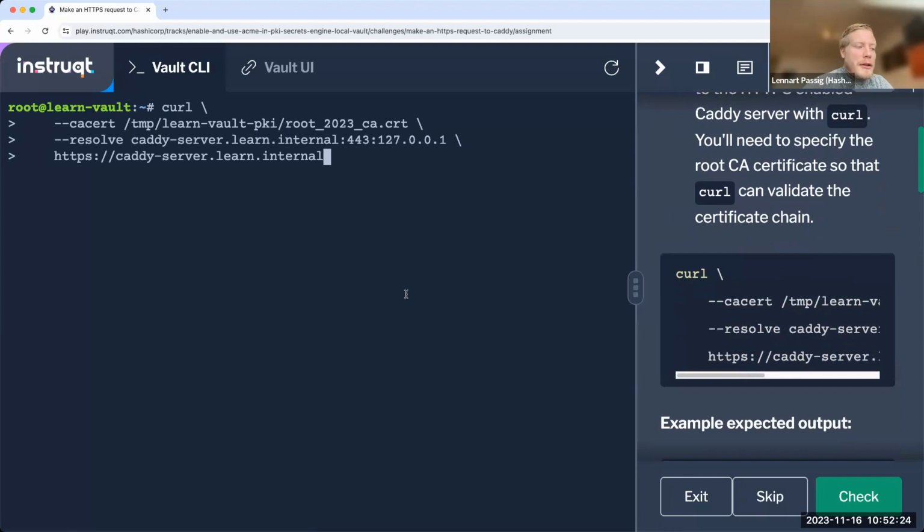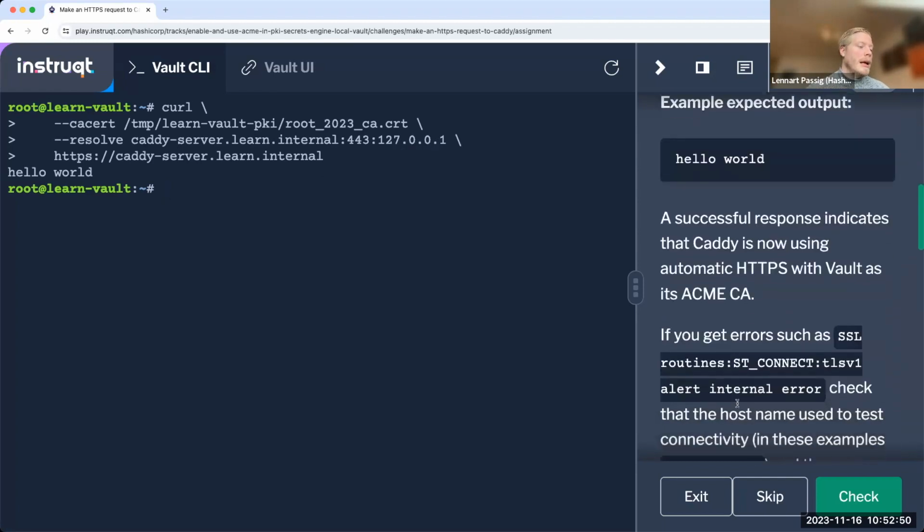Obviously this is not a real domain, learn.internal, and I can't prove ownership for it, right? So with the curl, we need to mention our CA certificate. And we need to resolve a little bit differently, meaning this one is on port 443, but it's actually served here on our localhost, right? So if we execute this, we should get a hello world back, which makes sense.